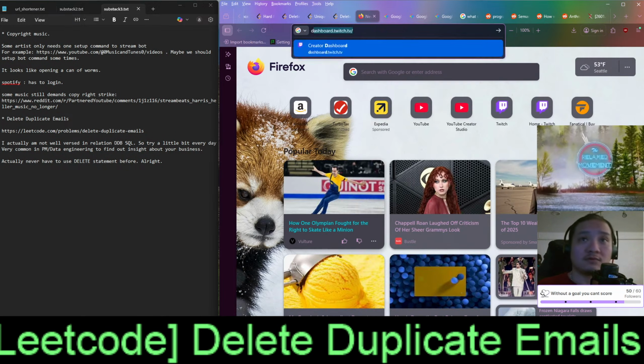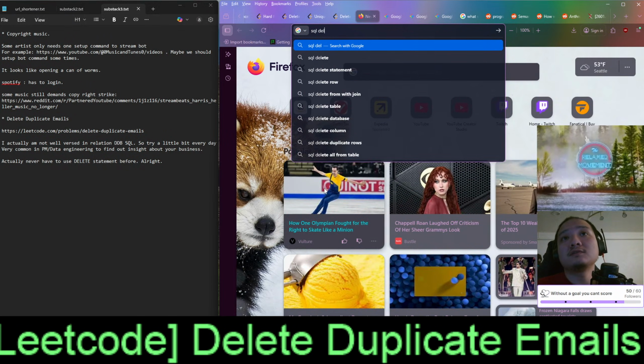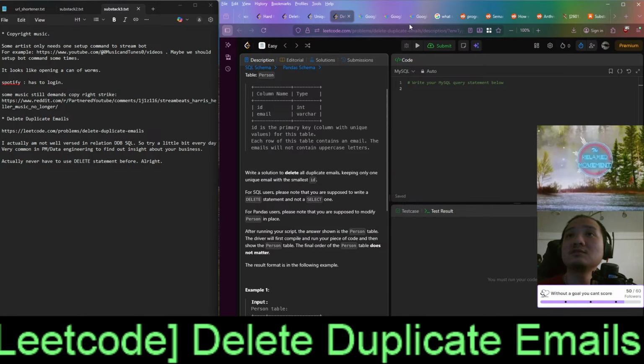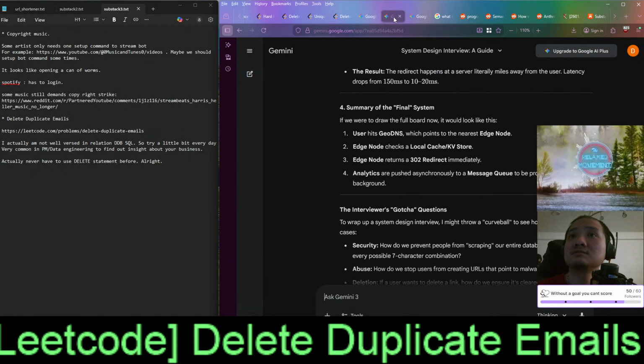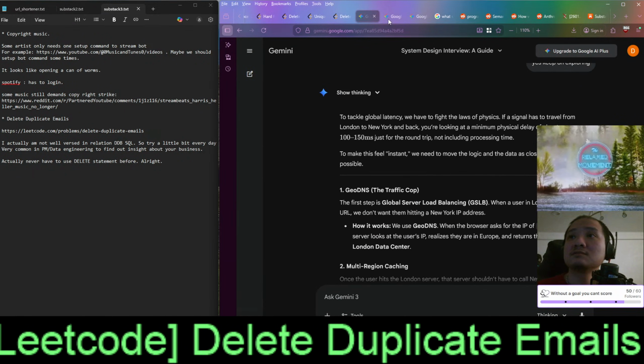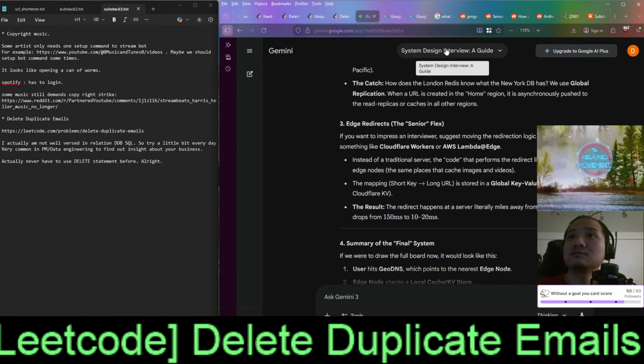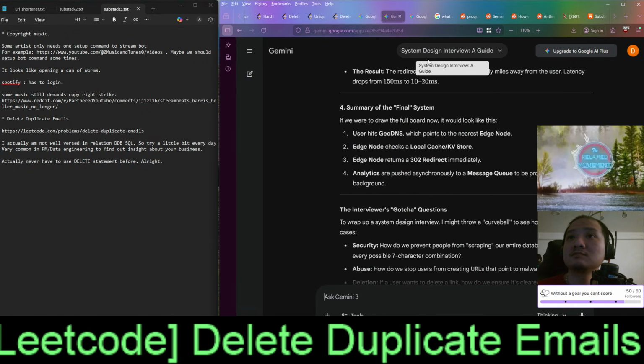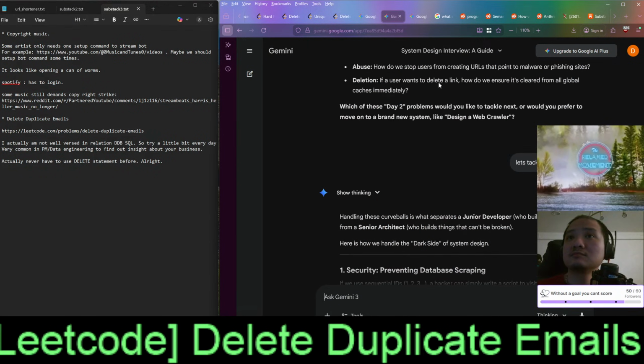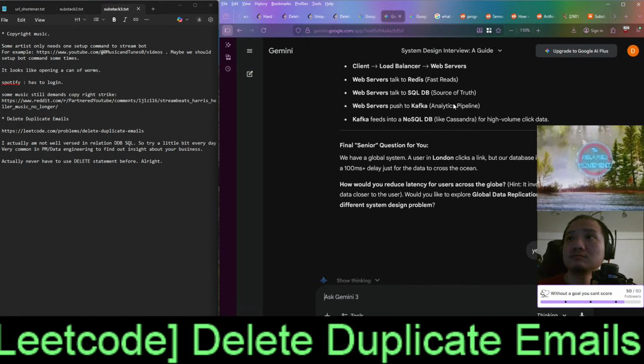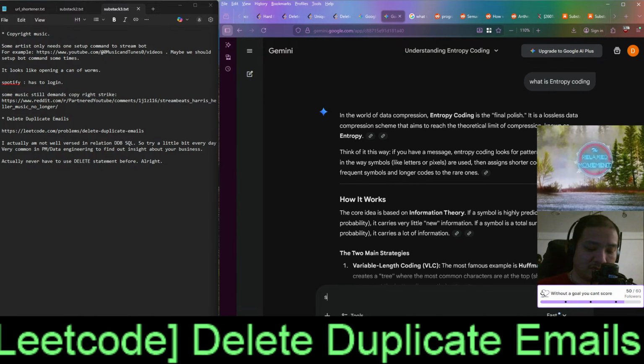So go delete. Exactly, look at Gemini. SQL delete statement.